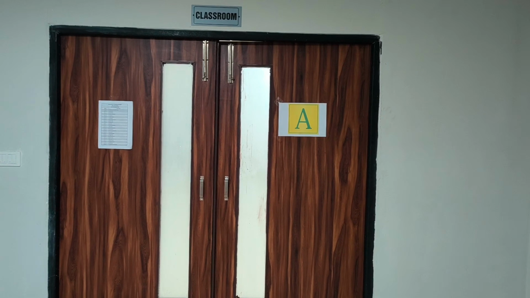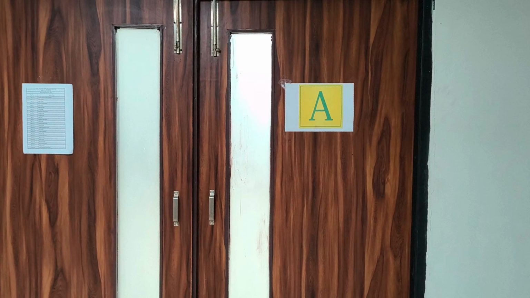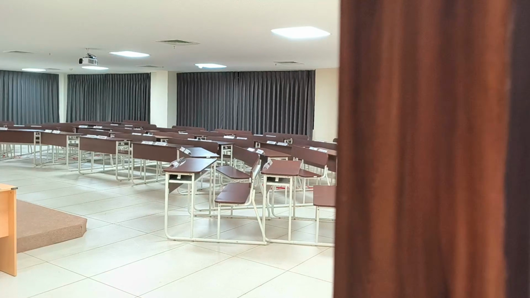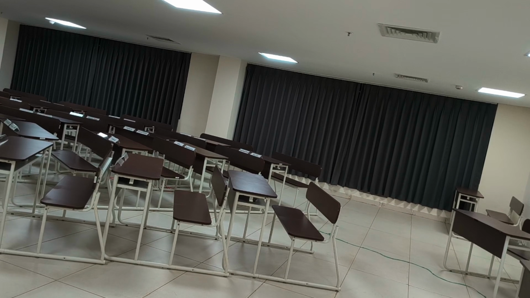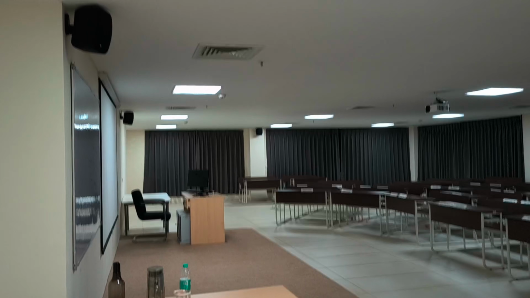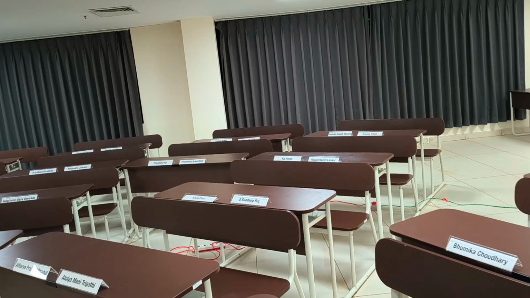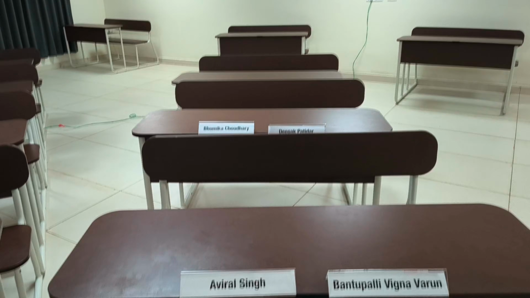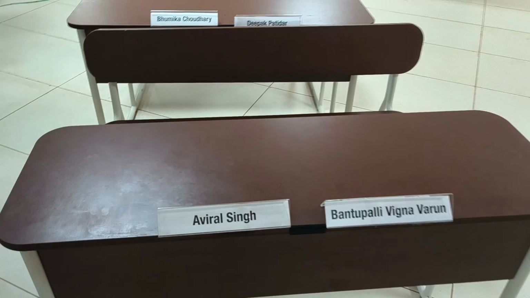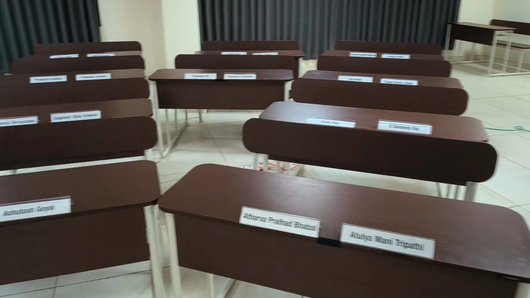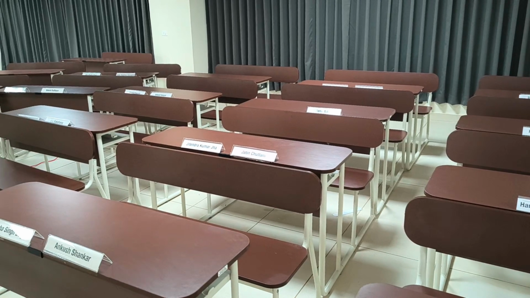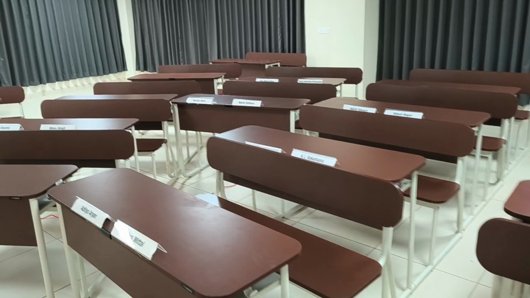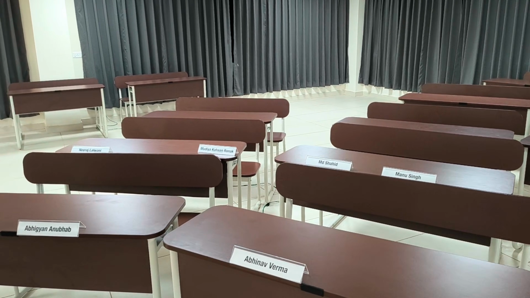So externally classroom A looks like this, and as we go inside we can see the platform on which the professors deliver their lecture, and here we have our seats. So this is my seat, this one. The names of the students are written on their desks and they sit according to the nameplate. And currently we have 51 students in our class,